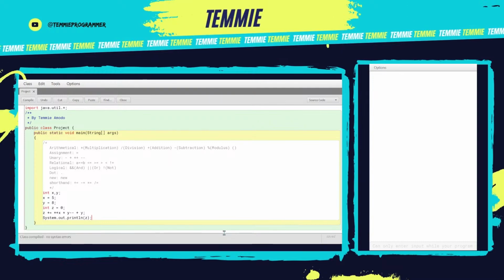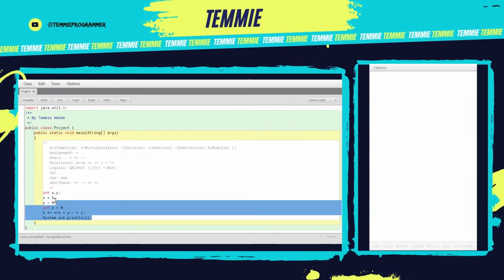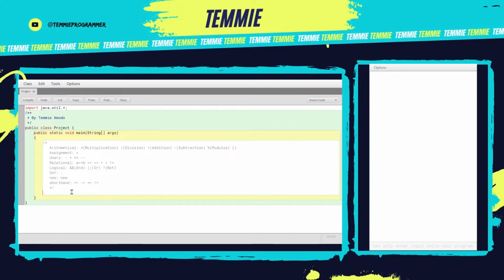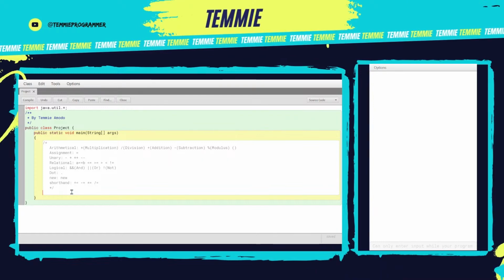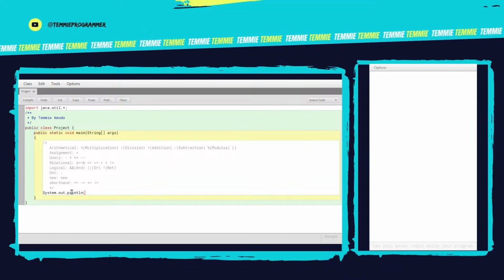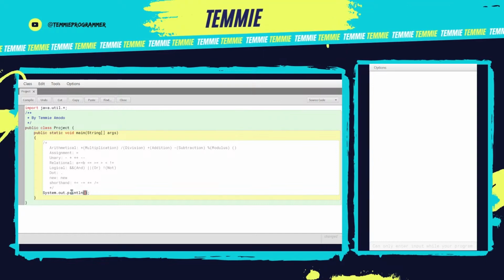Great. Should we now get to mathematical libraries? If you want to use mathematical libraries, then you do not have to import anything like Python. In Python, you will have to import NumPy or math. In Java, it is intended with the main programming language, but it's still a different class. So if you want to use mathematical libraries, I'll just create a system out println statement here, and over here in this, I will put